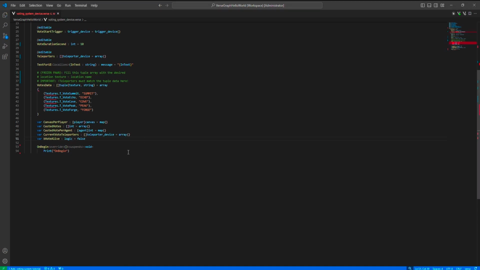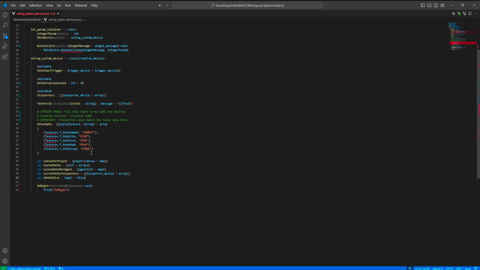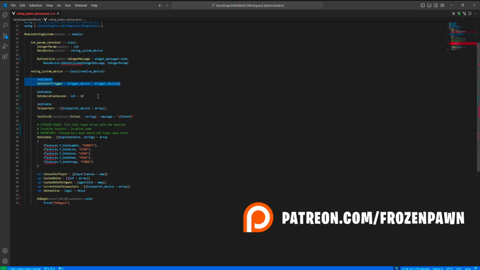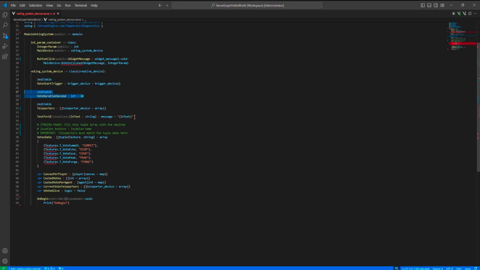As you can see, we don't have much of a data structure. We have a class called IntParamContainer, but this is just a helper class to help us with the on-click events of the UI buttons. So we have a trigger device to start the voting. The vote starts after this is triggered, and then we define the vote duration in seconds. And then we have the most important part. For this to work correctly,